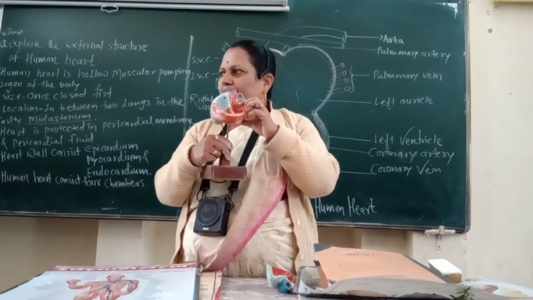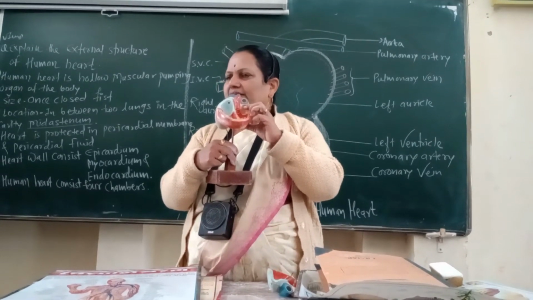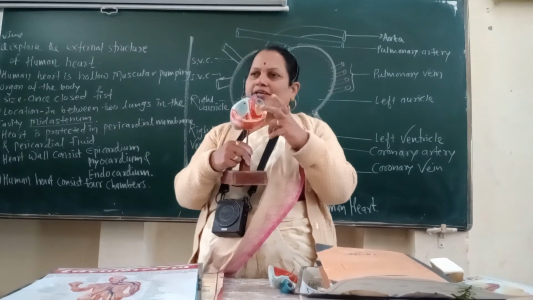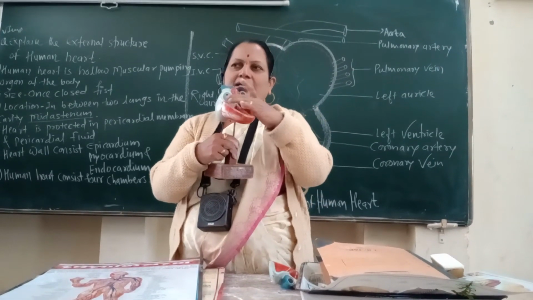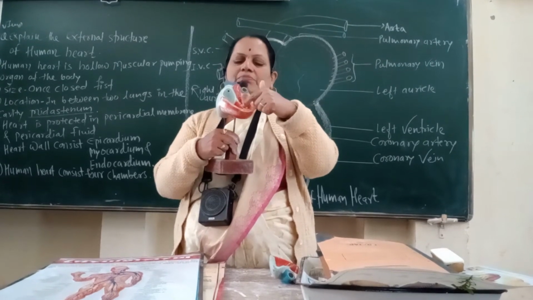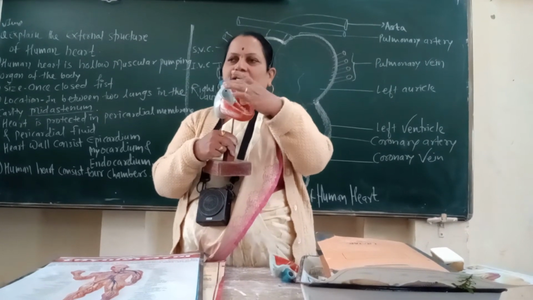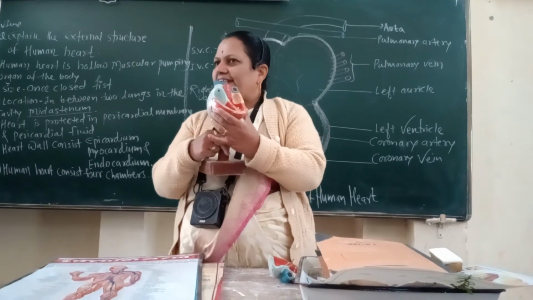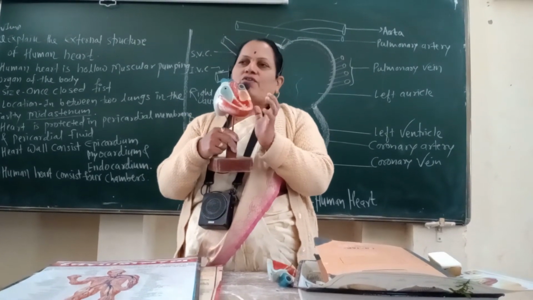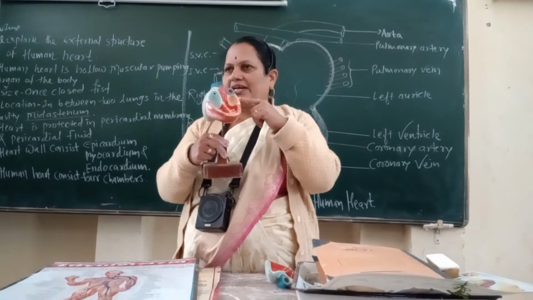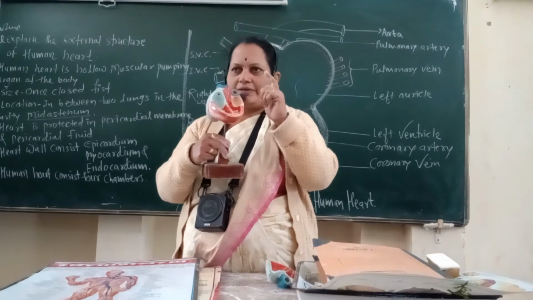At the time of illness or disease, the heartbeat can be increased. At the time of exercise, heartbeats are increased. But those heartbeats originate from the SA node, then the AV node, then the bundle of His and Purkinje fibers. This machinery of contraction and relaxation of the heart is present in the wall of the heart, and that wall of the heart is made up of how many layers? 3 layers: epicardium, myocardium and endocardium.